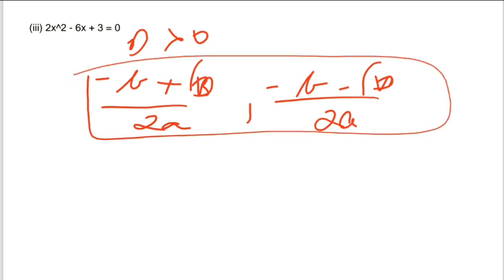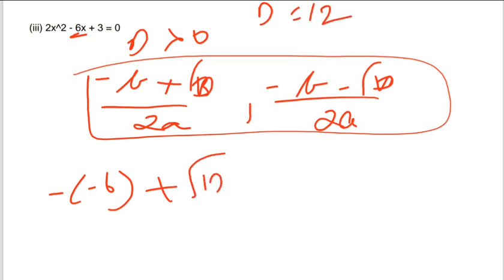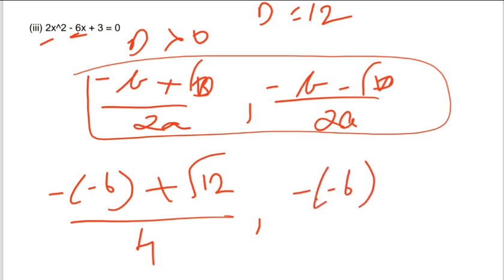Okay, so minus b is nothing but, here b is minus 6. So minus of minus 6 plus root D, we knew that D is 12. So we found D as 12. So root D means root 12 by 2a. 2a means 2 into 2, that is a is 2, that is 4, and minus of minus 6 minus root